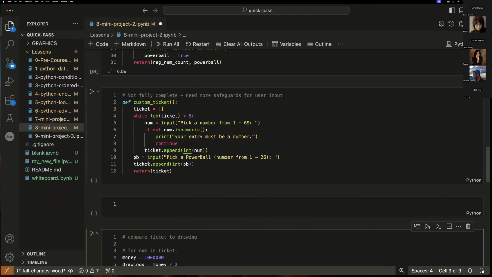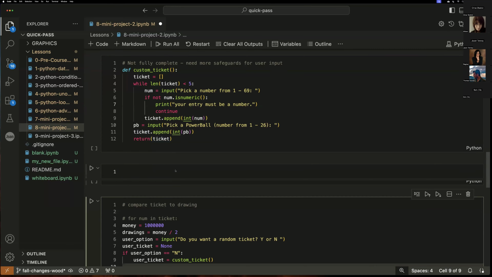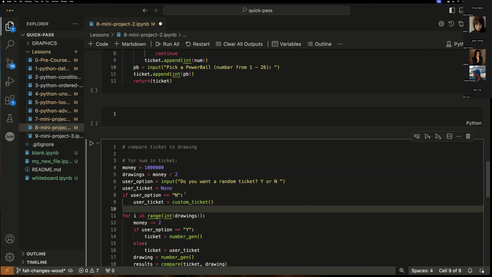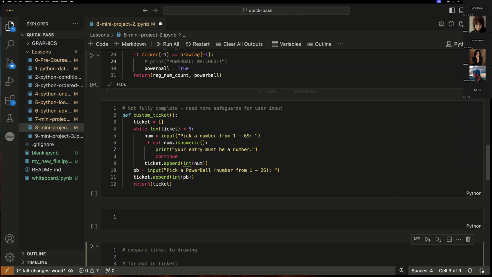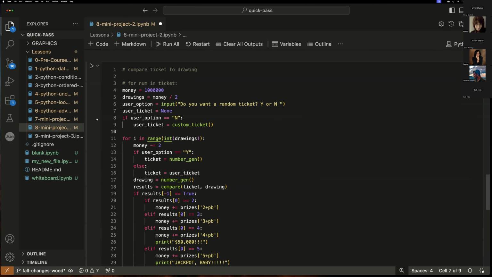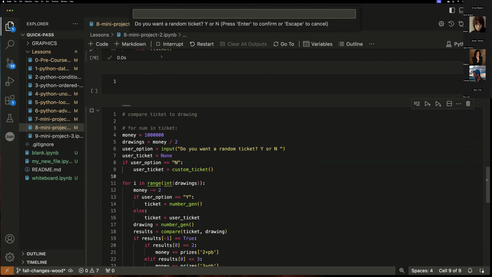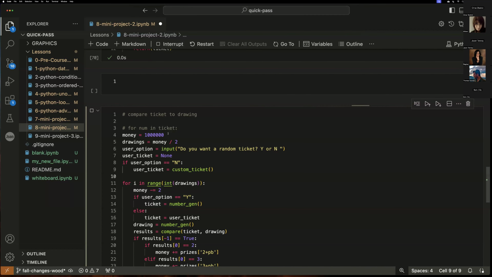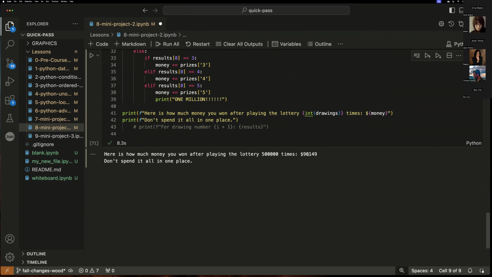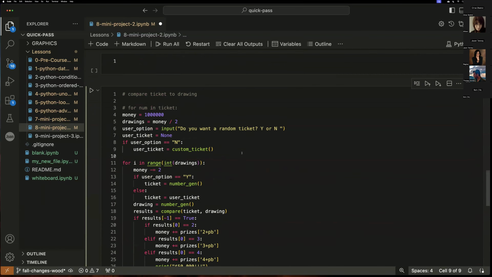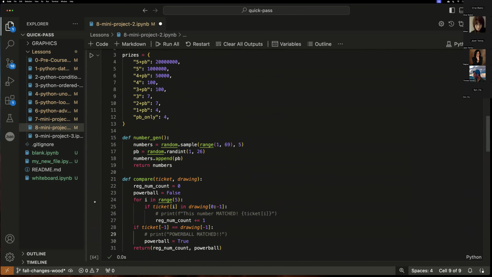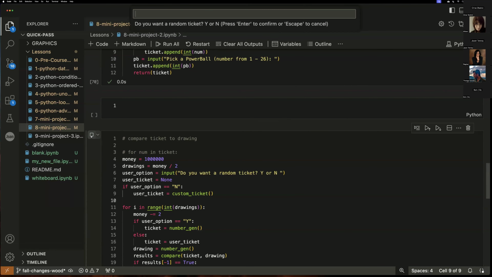Okay. So now I have the custom ticket. Let's see how this works. So let me run this real quick. And then I'll run this. Okay, do you want a random ticket? Yes or no? And I'm going to say yes. Then it runs through and it gives me random tickets. But if I run that again and I say no,